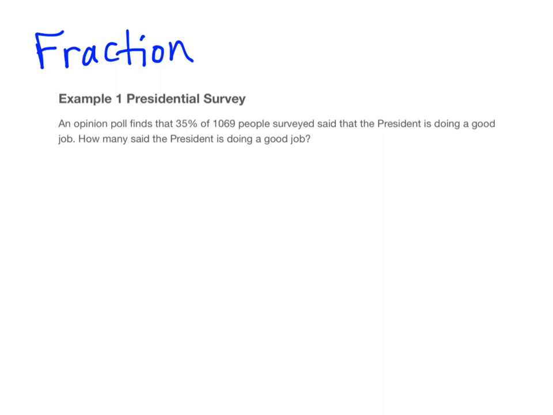All right, so if you focus in on the percentage here, notice that this is describing a portion of a larger group of people that were surveyed. So to figure out exactly how many that is, we want to start paying attention to some keywords that are often used with percentages. And the one here is the word "of," and the word "of" indicates multiplication. All right, so what we need to do is multiply, and we need to find 35% of 1,069 by multiplying